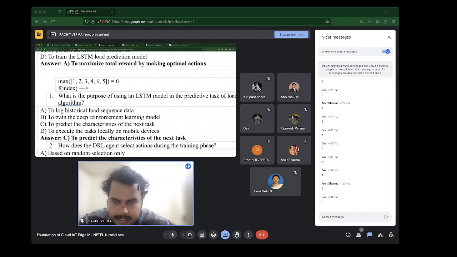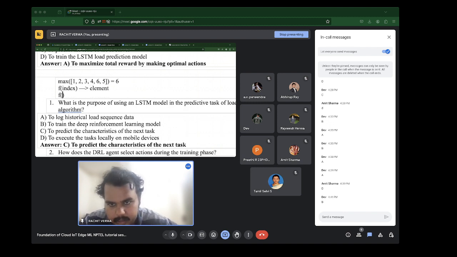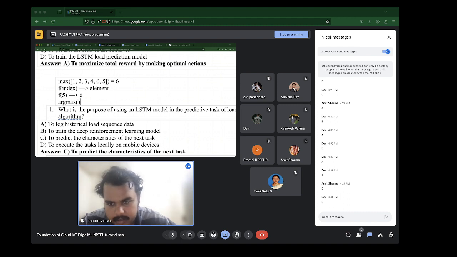For example, if I give it index 5, it will give me the sixth element, which is 6. So argmax with respect to x of f of x would be the value of x that will maximize this function f. Did you get this?